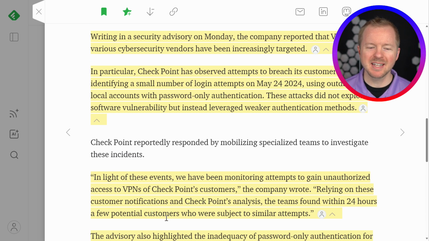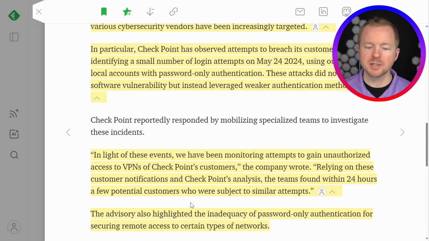The quote here says, in light of these events, we've been monitoring attempts to gain unauthorized access to VPNs of Check Point customers, the company wrote. Relying on these customer notifications and Check Point analysis, teams found within 24 hours a few potential customers who were subject to similar attempts. The advisory also highlighted the inadequacy of password-only authentication for securing remote access to certain types